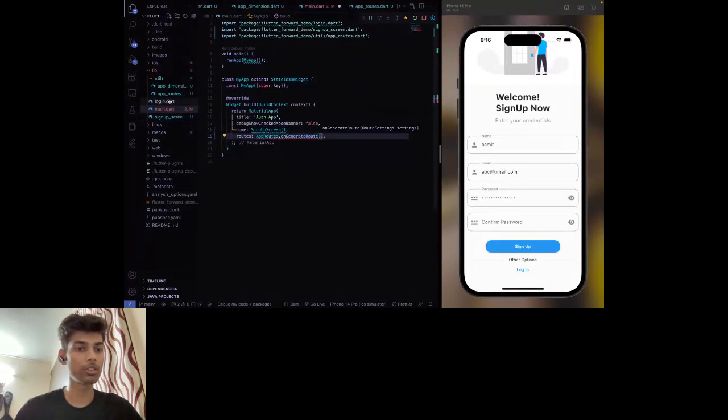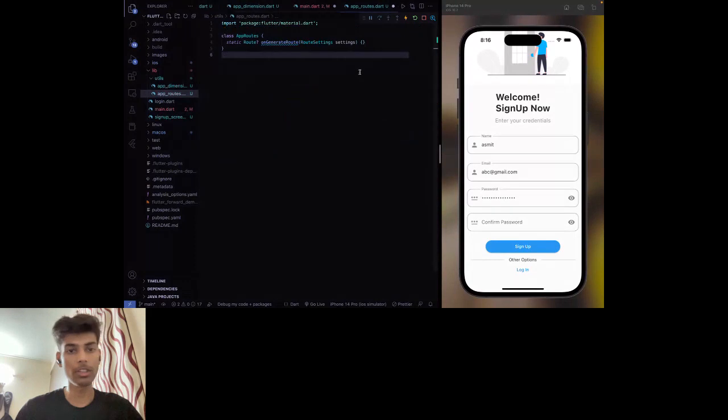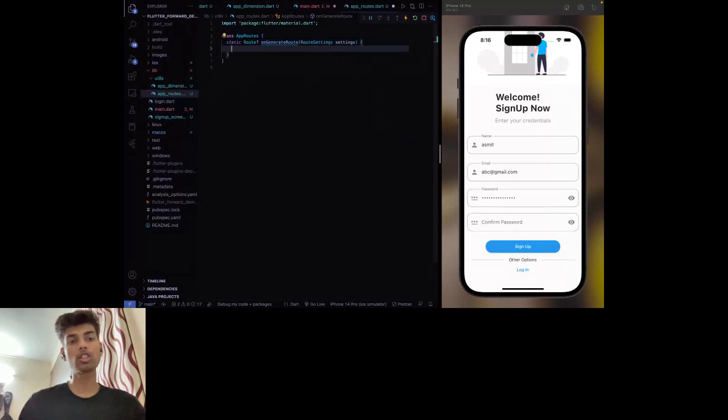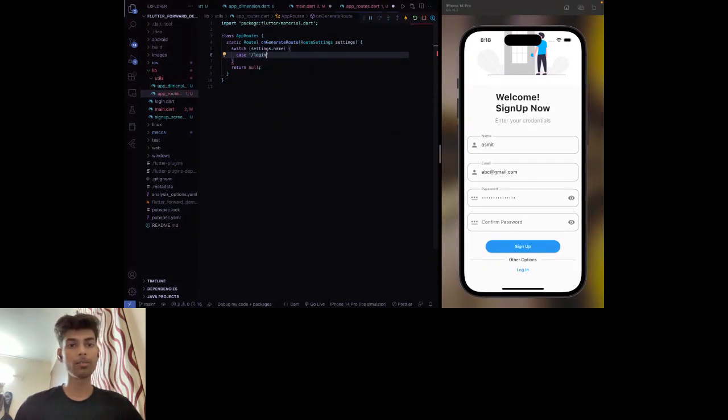Okay, so let's complete our code here first. What I'm gonna do here is make a switch case on settings dot name, and if nothing is called, we'll return null first, and if the case is login, we'll return